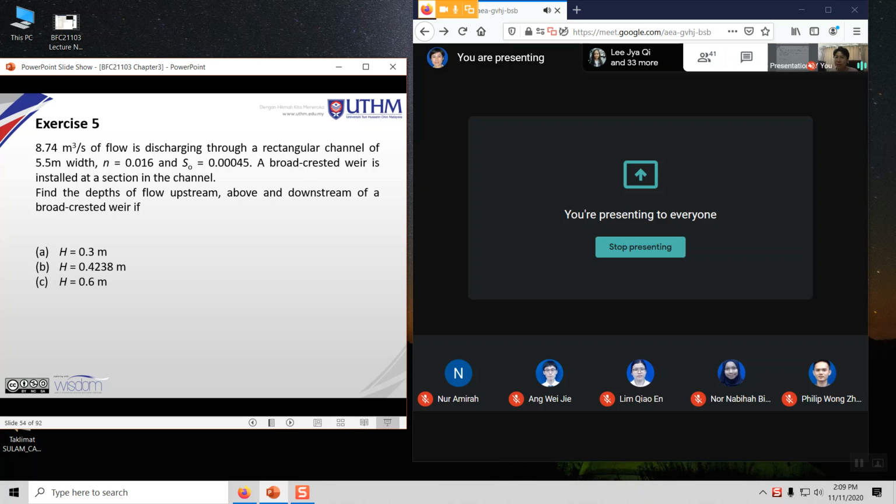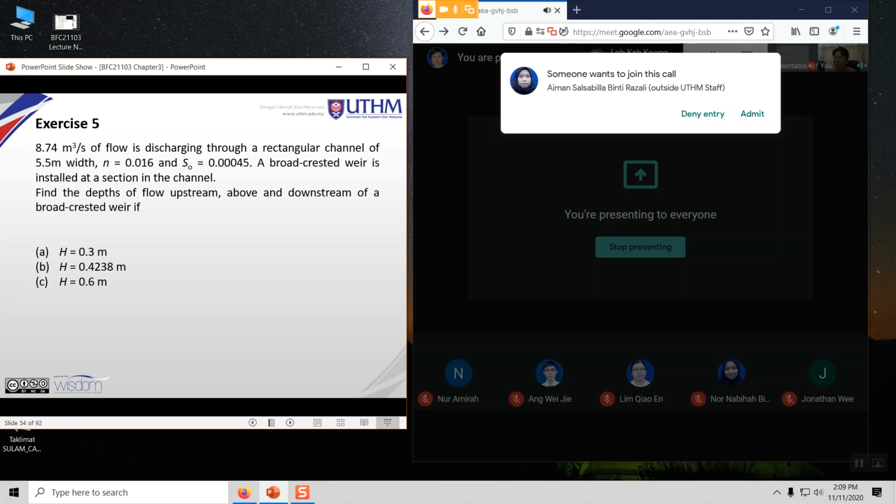So you should be able to see the slide already, right? Yes, doctor. Okay, now this is the exercise that all of us should have tried out already by now. Because of course, today we are going into a new topic, which is flow through constriction, where the width of the channel would be reduced, basically, right? Of course, for today's lesson, when I say constriction,